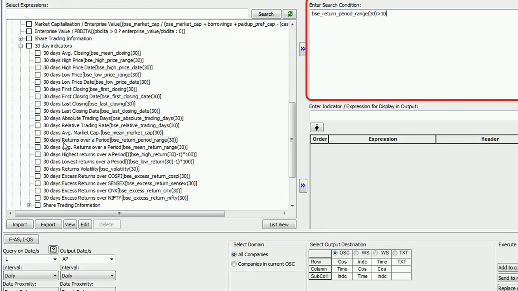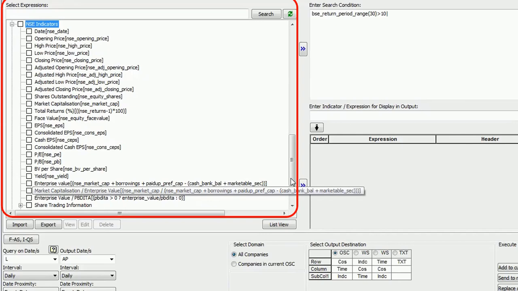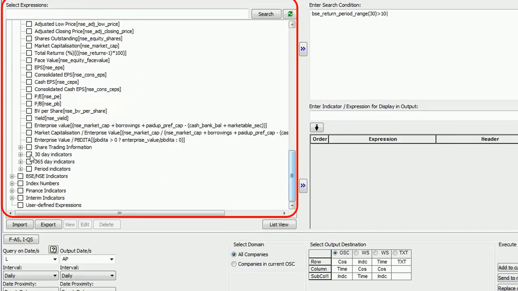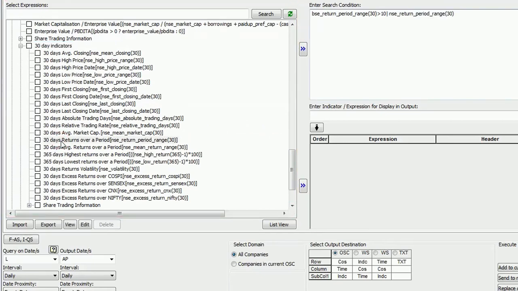After this, enter the pipe sign, also called the vertical bar, and select another indicator NSE Return Period Range 30, available under 30-day indicator under NSE Indicators. Let us complete the entire equation by adding greater than 10. This expression implies that the search is for companies whose 30 days returns were above 10% on either of the